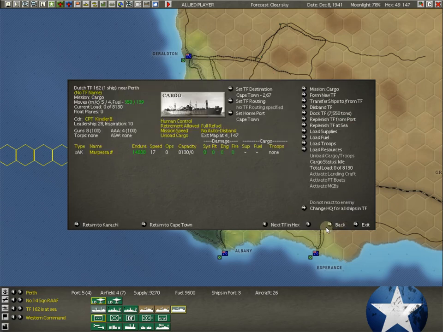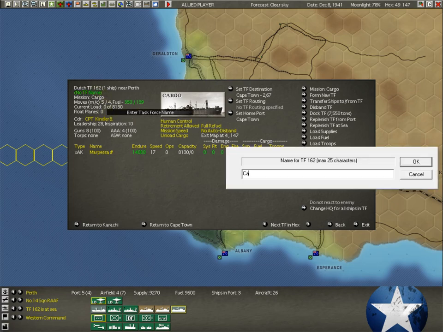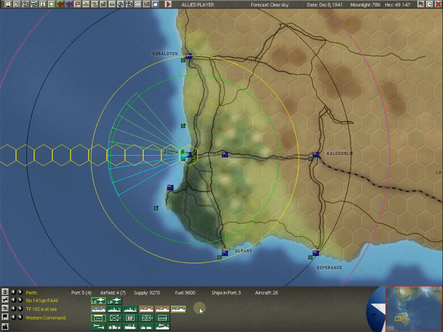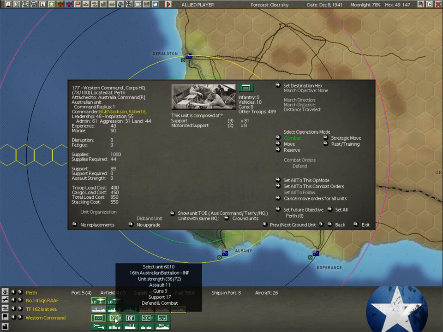Victory value is something we're going to get into more, as far as what ships we use for what purposes. But this is going to be a cargo Perth. When it gets over to Cape Town, we've now set its home port to Cape Town. It's going to get over there, refuel. We're just going to load it up with stuff and bring it back to Perth. It's got a huge capacity. So there's that. I will say we're not going to talk much about the ground forces because the ground forces